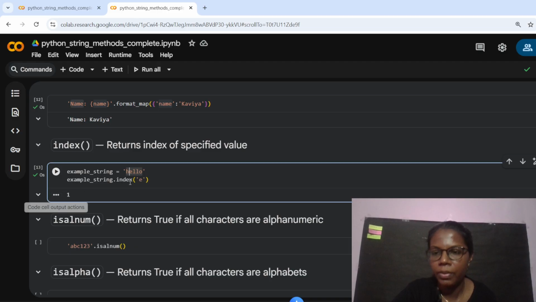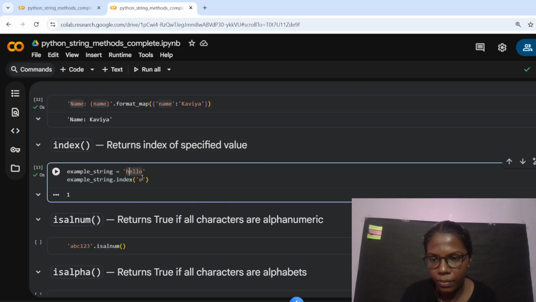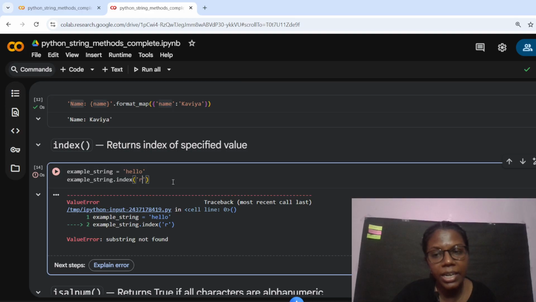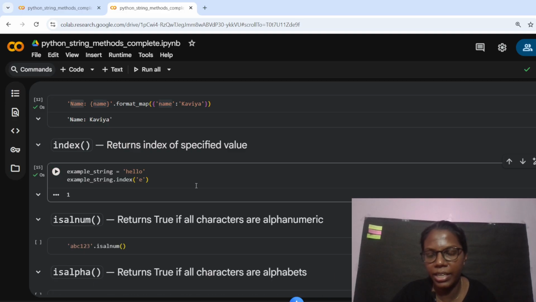The output is 1. But what will happen if that particular value that I'm searching for is not there? Let's try it out. In index, it will generate an error. R is not there, but I'm trying to find the index of it. It will generate an error. If I give a letter that it has, it will not generate any error. It will give the output. But in find,